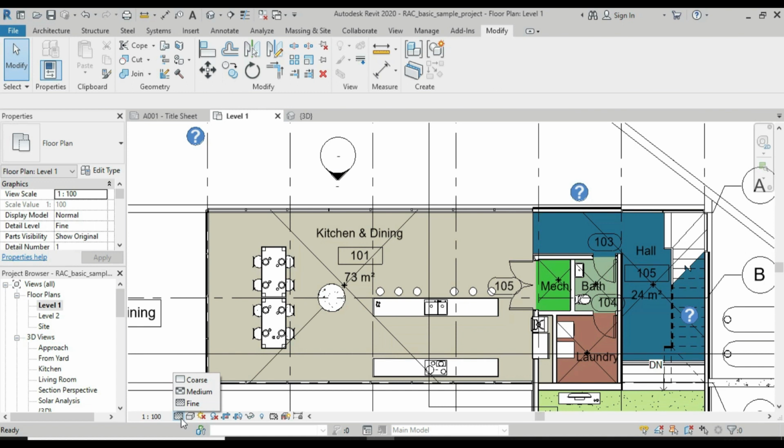So, kung gusto mo medyo bumilis-bilis, i-coarse mo lang, no? Pero once na gagawa ka na ng sheet, or ilalagay mo na sa sheet mo, i-fine mo na siya para at least detailed yung mga lines. Okay. So, next is yung